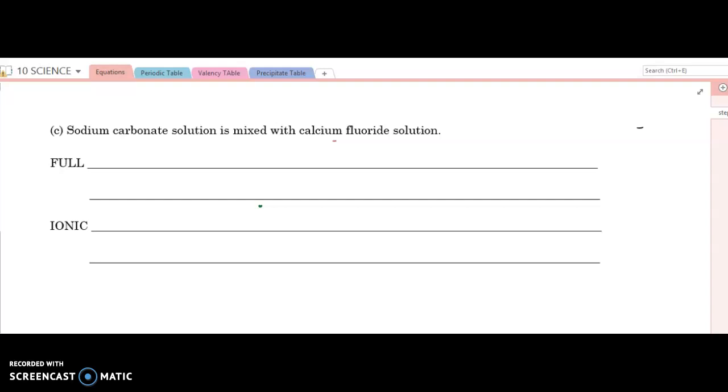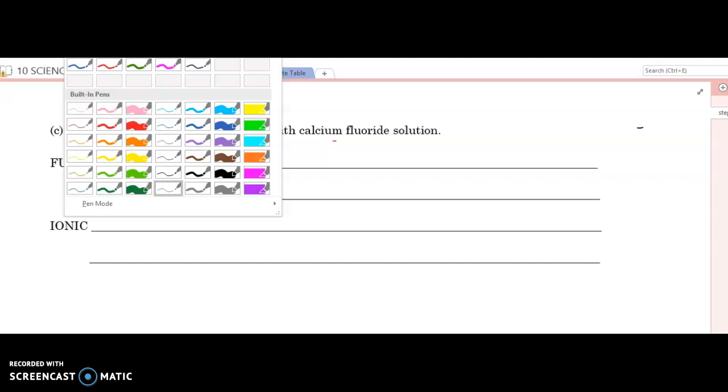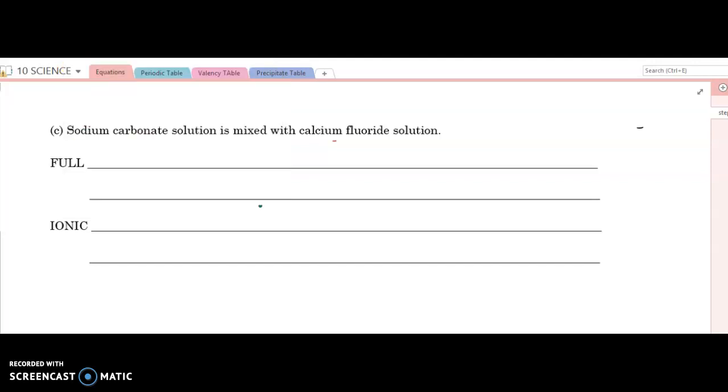Sodium carbonate is mixed with calcium fluoride. But in both cases, they state them as being solutions. So that straight away informs us that they are in the aqueous state. So that's step one. Step two now is we need to go away and work out the chemical formulas for